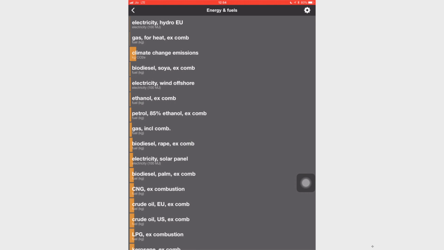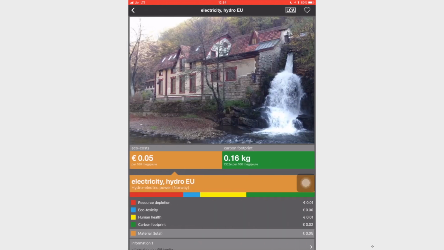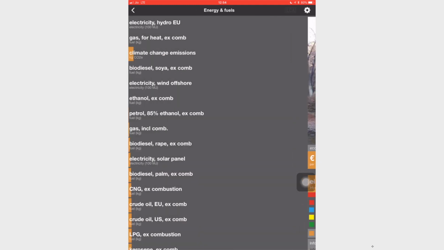So say for example, if I click on hydroelectricity, you can see hydroelectric power generated in Norway. So the data for Norway is not actually similar to what we will have to consider for a hydroelectric power plant in India. But again, because this is an approximation and it's very easy and simple to do, we are going to use this particular data for the given reason.